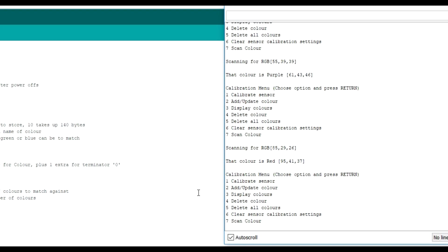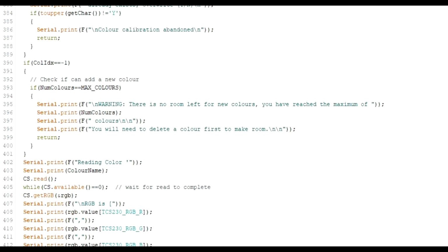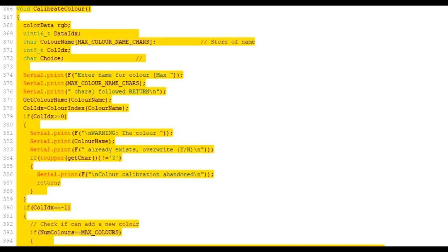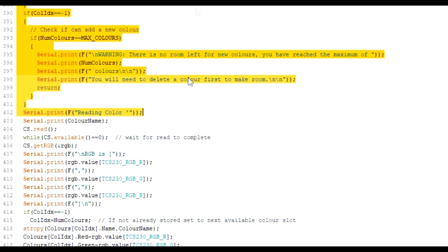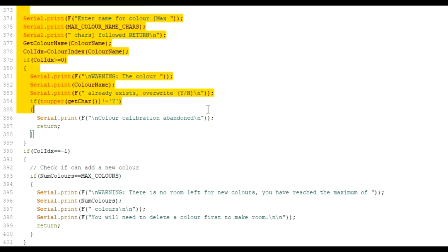So let's go back to the code. And we'll just scroll it down to where Calibrate colour, it's called, is the routine. Now it looks long and windy, but that's because it's doing a lot of things. It's trying to read in stuff from the serial port, etc., etc. But what you could do if you wanted to is use my software to get your colours stored, and then you can rewrite completely new software without any problems. The EEPROM is not overwritten when you write a new program or whatever. It's not reset. So you can store all your colours using my code, and then look at my code for reading those colours back in and our search, and you can just use those bits of mine, cherry pick them,